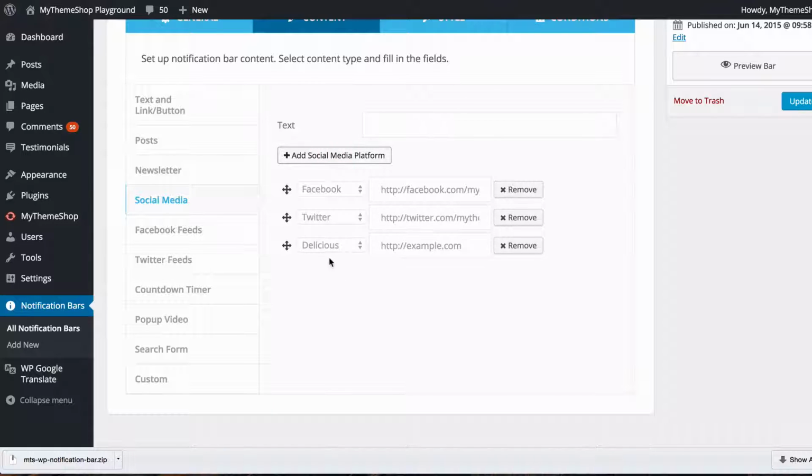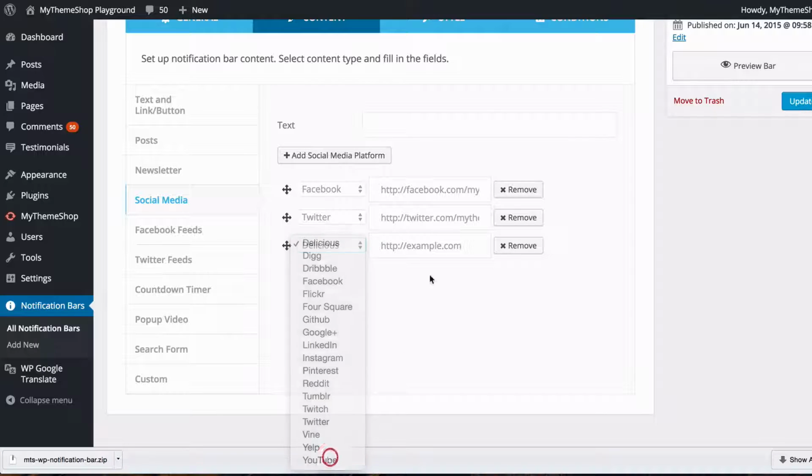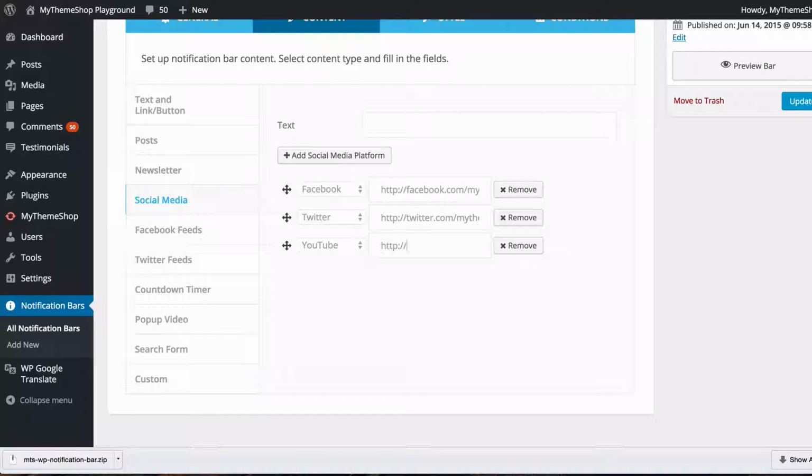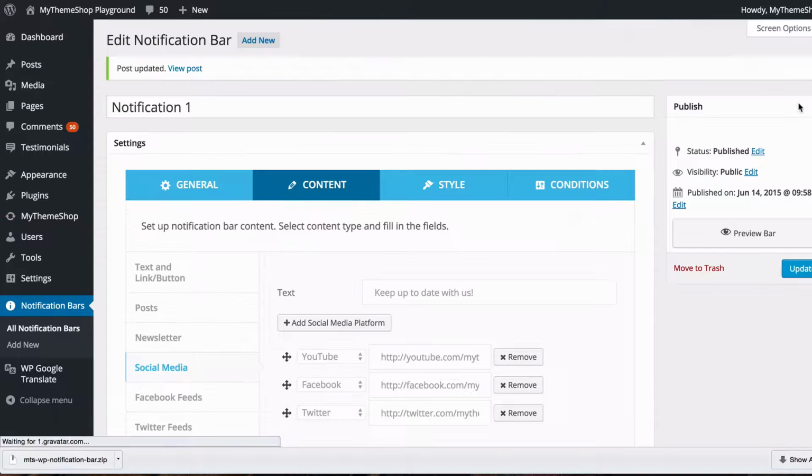And you also might like to add, say, YouTube here. And just type in your YouTube channel URL. And once you're done with those, you can even drag those around in order to change the order, and also add some text. For example, keep up to date with us. And once you're done with that, once you've added as many as you like, you just need to save that,